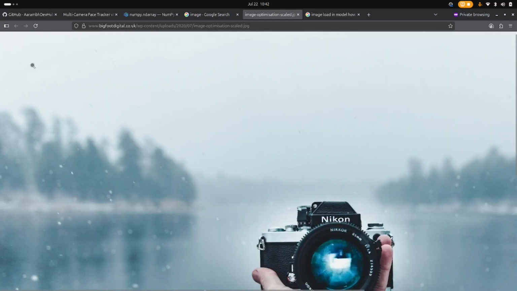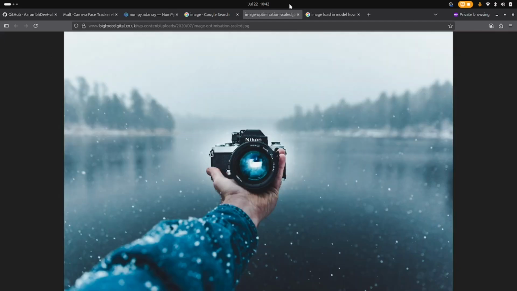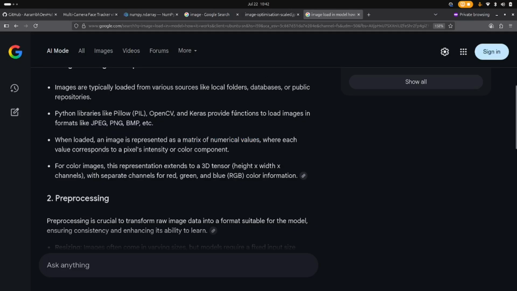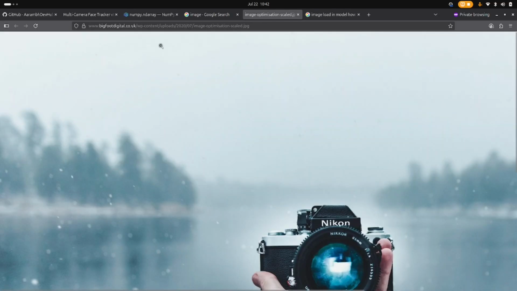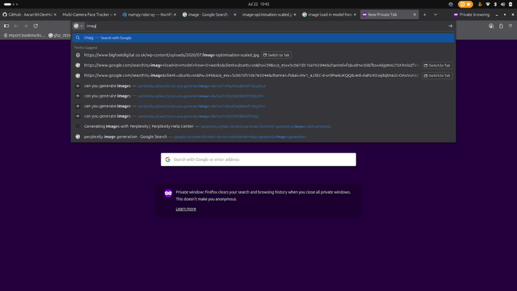There are pixels in the image. If you zoom in, there is a pixel in every image, and that pixel has a value. The model gives you the pixel value, a matrix of numerical values. The value compares the pixel's initial color component. Every pixel has its color component. If you zoom in more, in the UI image